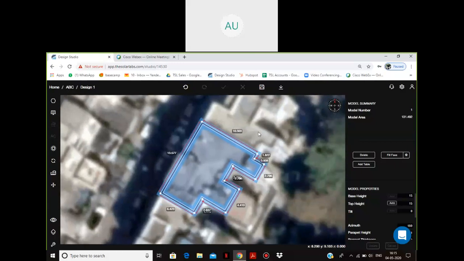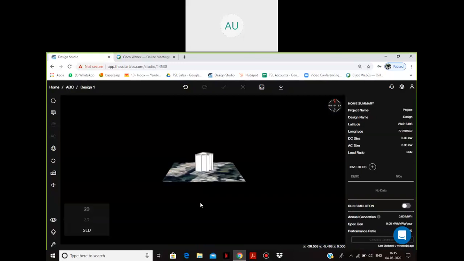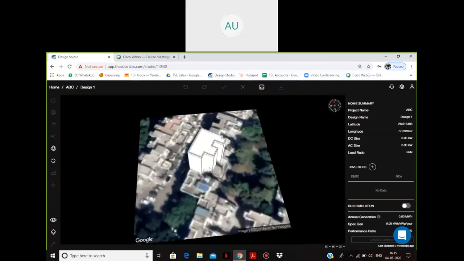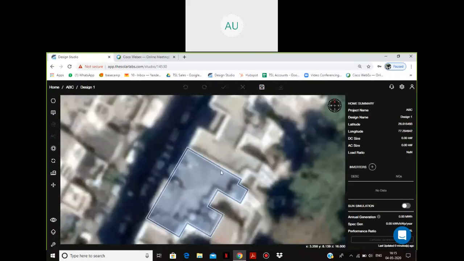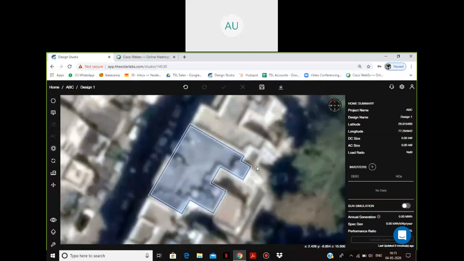As I was telling you, you don't need to use different softwares for doing 3D modeling and doing the 2D layouts. As and when I was drawing this in 2D, it has also taken its form in 3D. I'll show you how. Here you can see the views icon. I'll go into the views and show you. So here you can see the thing I had traced has taken a 3D form as well. So I'll go back, and now I'll draw all the obstacles which I can see on this roof.